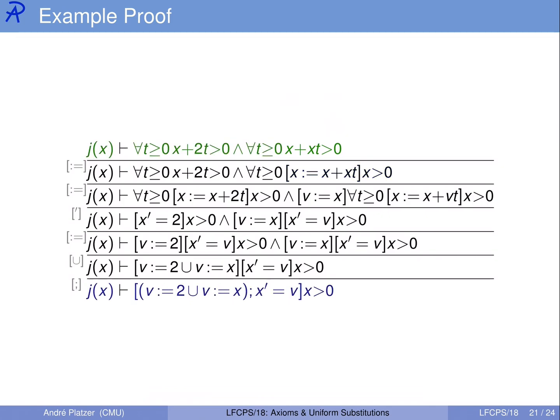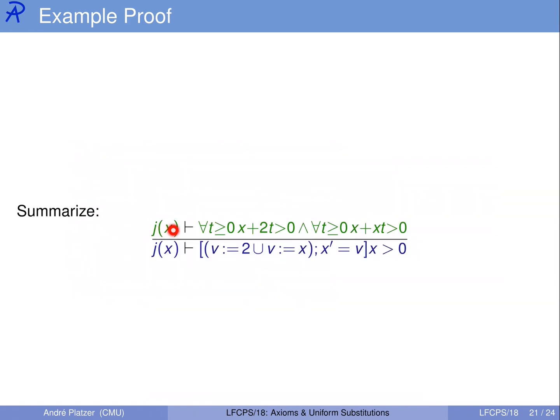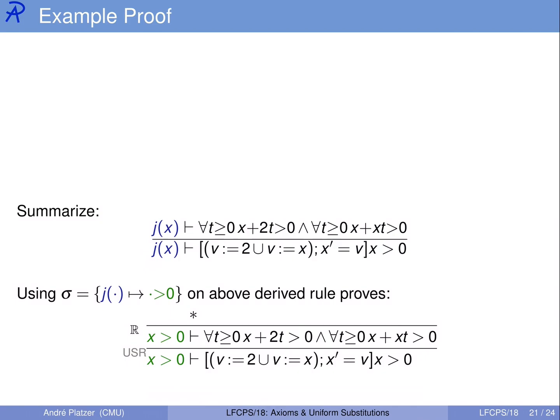Well, not quite a proof, because now we only have a derivation that reduces this conclusion to that premise, but of course it depends on what J is. The easiest way to understand J is as a predicate symbol of position x, which tells us that this is provable. So summarizing, from the green, can we somehow derive the blue? All we need to do right now in order to complete the proof is replace the predicate symbol J with a concrete formula, and we've got an operation for the job. It's called uniform substitution. So let's uniform substitute on the entire proved inference J(argument) with argument compared to 0,